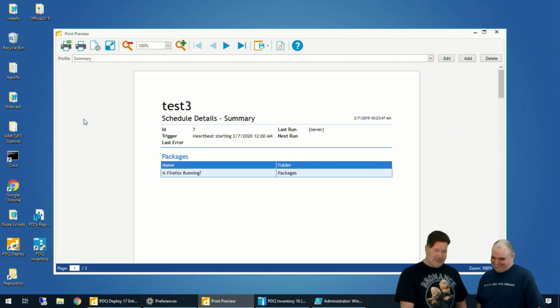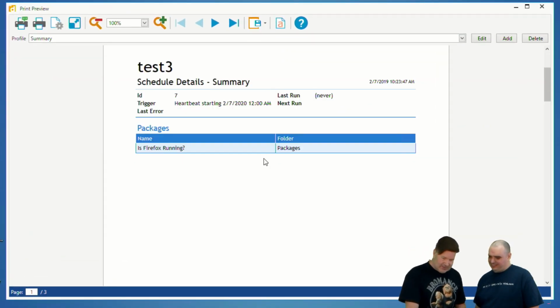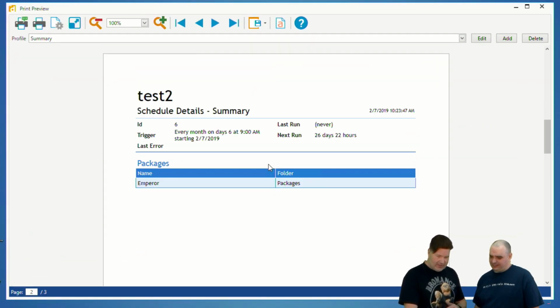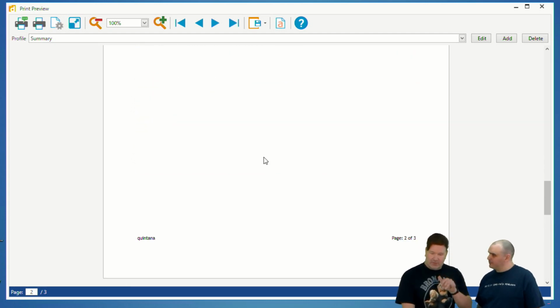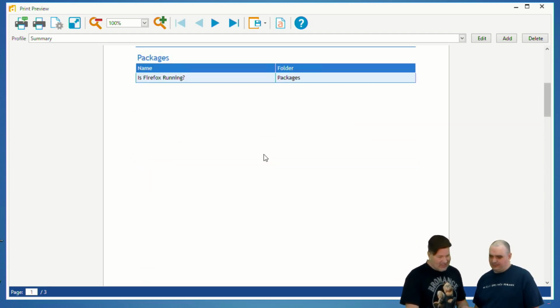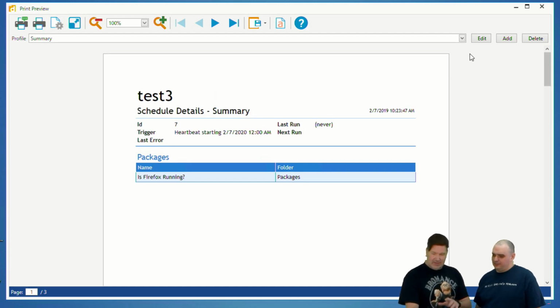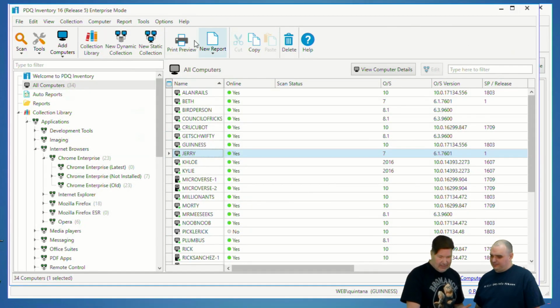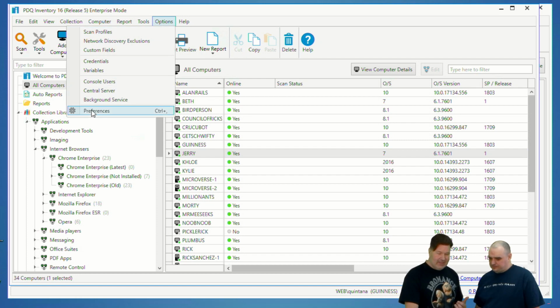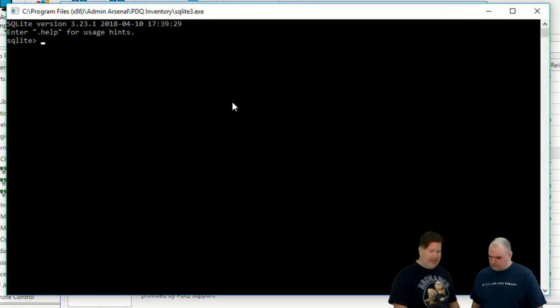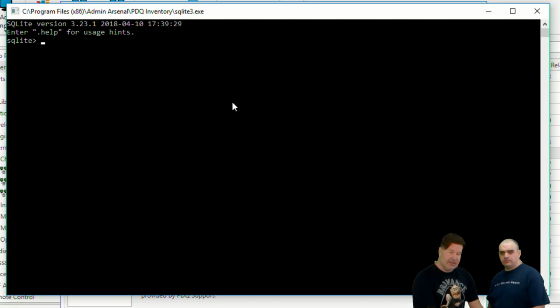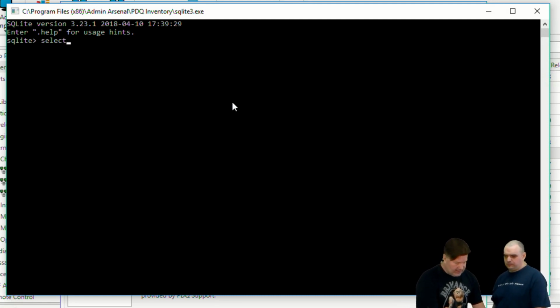I don't know. So the summary here, and again, it'll do a page. There's test 3. I did this just before we came on, test 2. And, of course, test, because I am original. That's going to get you the information about them and the packages, the complete information. The other thing I did just to see if it was possible, and again, I didn't have enough time to come up with something super cool, but you can do a SQL select asterisk from